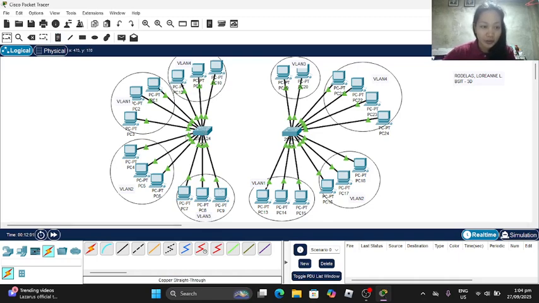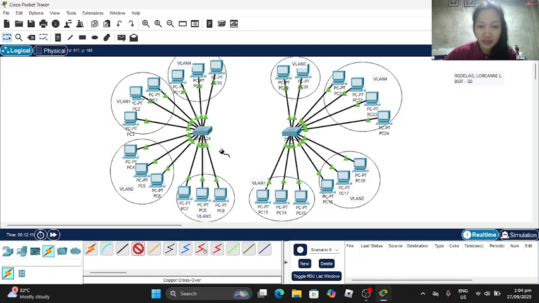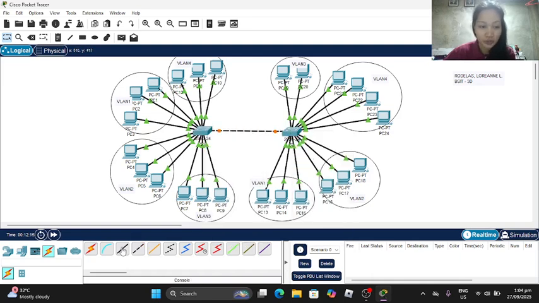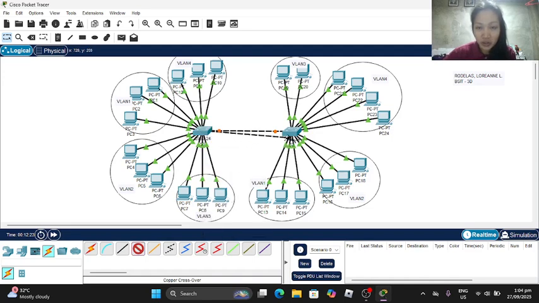So for the access ports, for the VLAN 1, we will be using Fast Ethernet 5 and connect it to Fast Ethernet 5 of switch 2. And for the VLAN 2, we will be using Fast Ethernet 10 on switch 1 connected to Fast Ethernet 10 on switch 2.